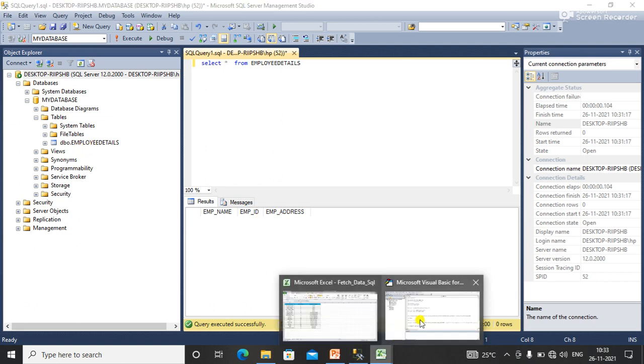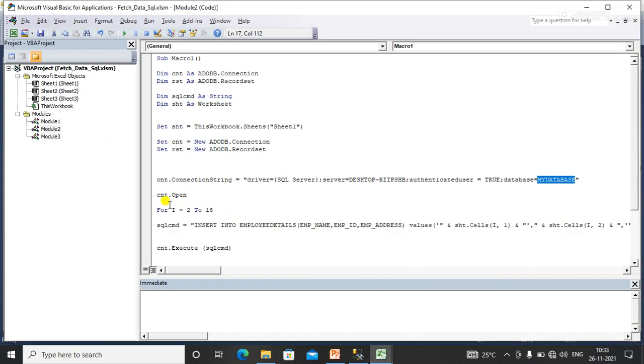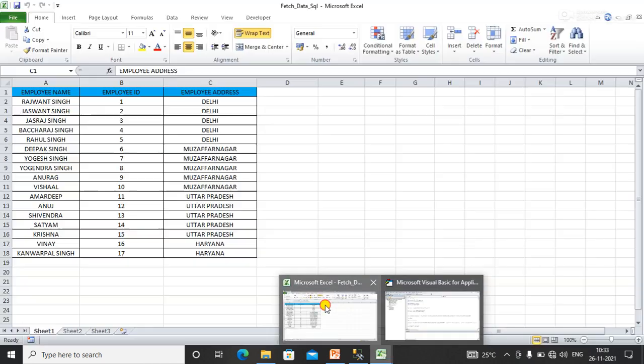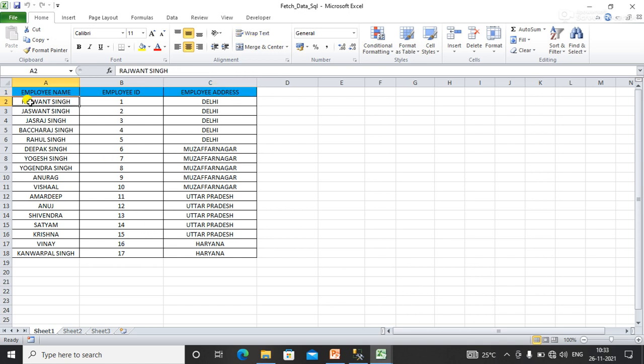I have opened the connection, and here I have applied a for loop to insert the data from row number 2 to 18. Now you can see in the Excel that the data starts from row number 2 and ends in row number 18.